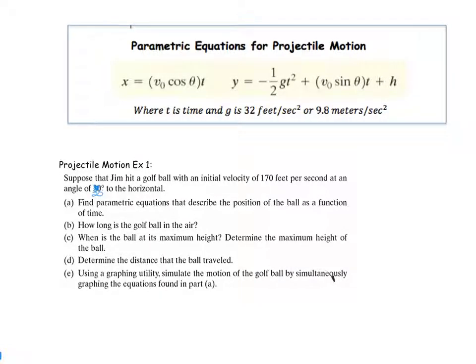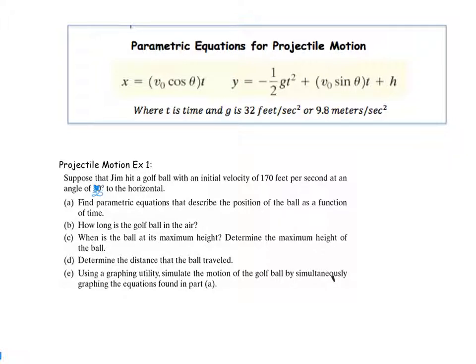We're going to look at projectile motion using parametric equations. So our example is, suppose that Jim hits a golf ball with an initial velocity of 170 feet per second at an angle of 20 degrees with the horizontal, with the ground. So we're going to write this using parametric equations, and we're going to figure out how